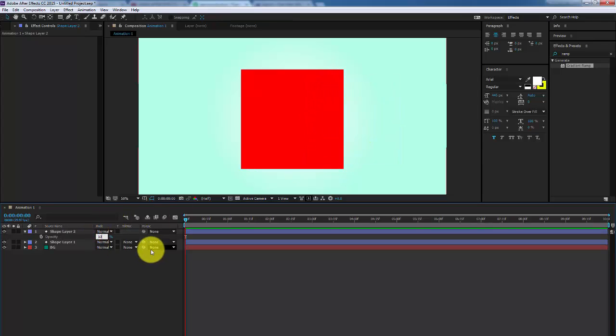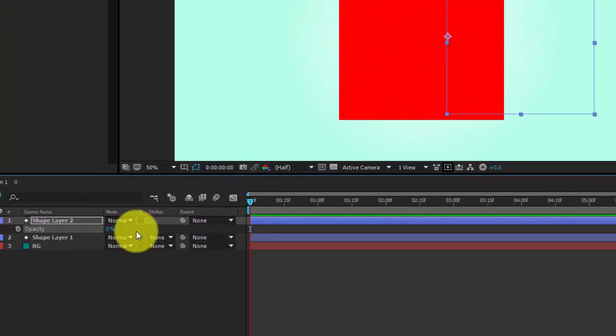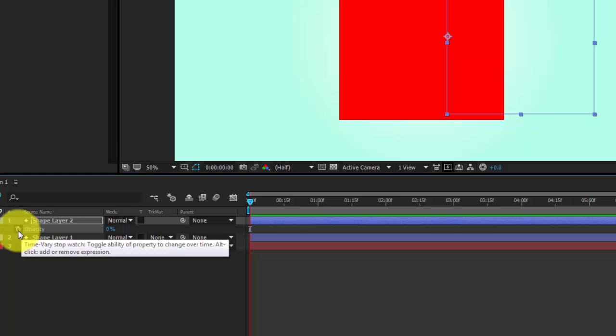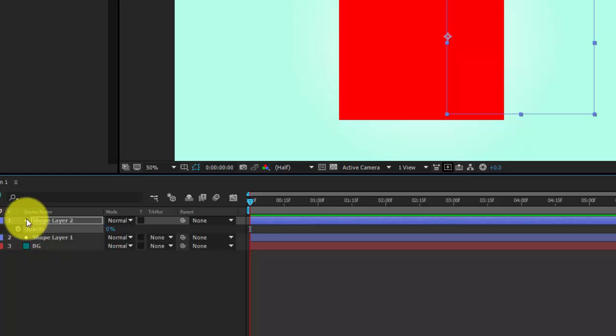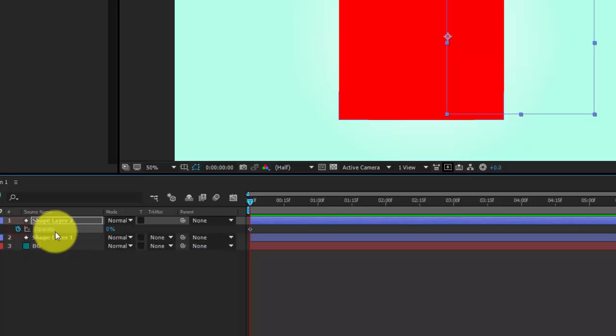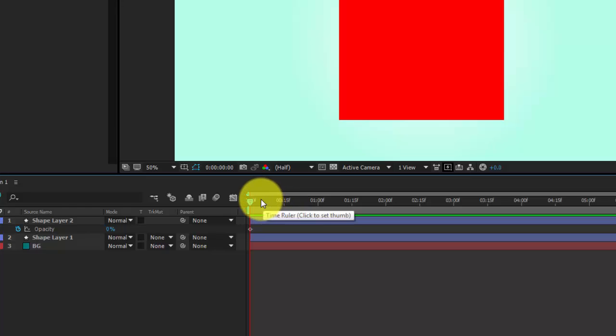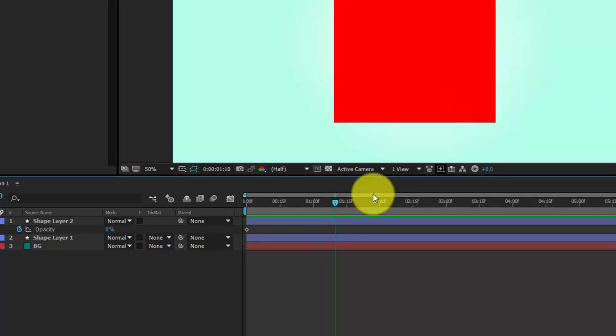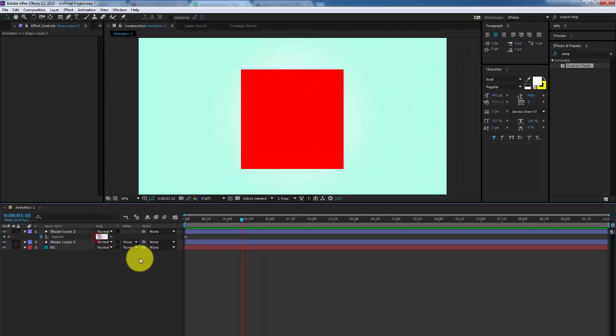By the way, you can also animate this. For example, if I come to 0, nothing here, I am going to click on the little stopwatch icon. This is a very important thing. We call this thing keyframes inside Adobe After Effects, and if I click here, we make this little dot. This is the keyframe that we make, and if I go to 40 frames and type here 100,